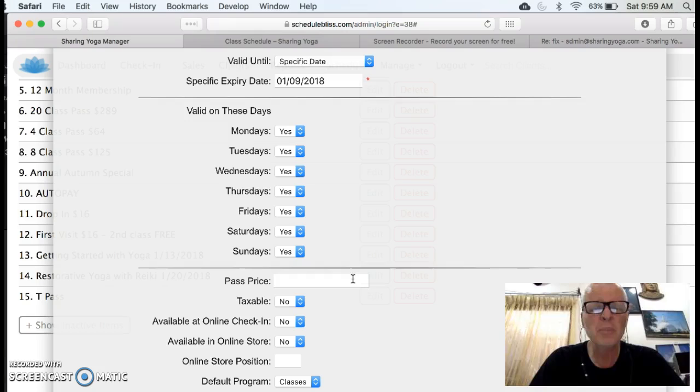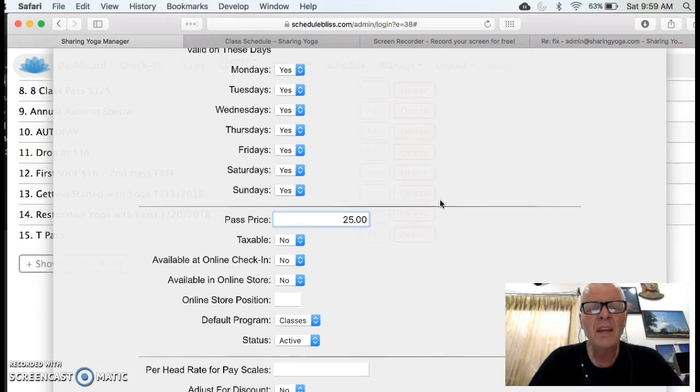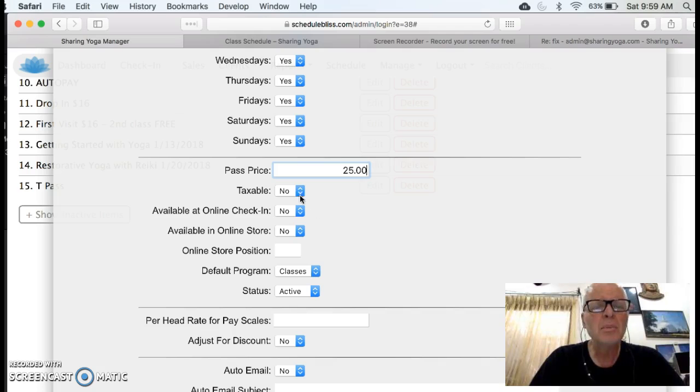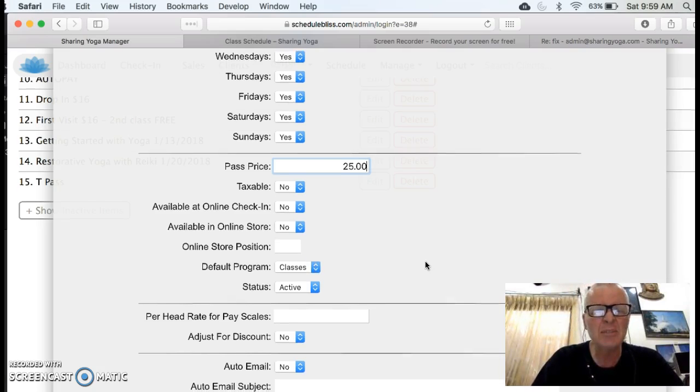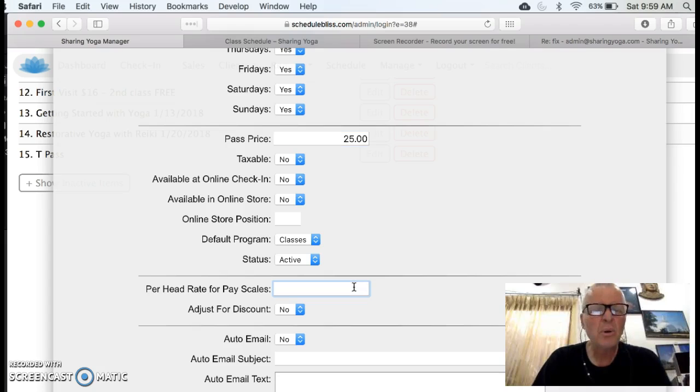And then pass price for the Reiki, it's $25. And then taxable, no. Available at online check-in, no. Available at online store, no. Default program, classes, status is active. Per head rate for pay scales. So we'll have to figure this out too, but it's fairly easy. It's just that the instructor gets